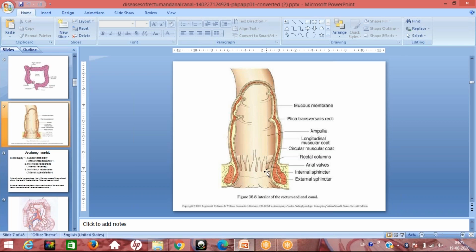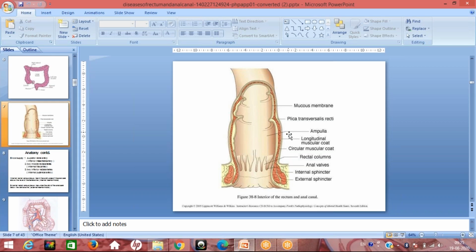This is the most common location from which a cryptoglandular infection arises and progresses to a perianal abscess or fistula formation. As the shape is akin to teeth, it is known as the dentate line. As it is akin to a comb, it is known as the pectinate line. These are the rectal columns which open distally. The rectum